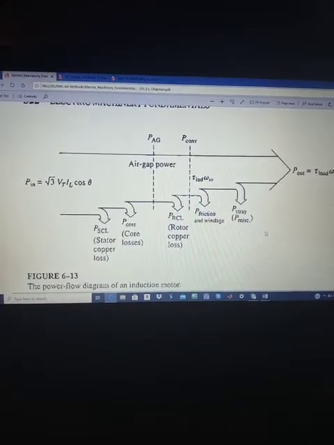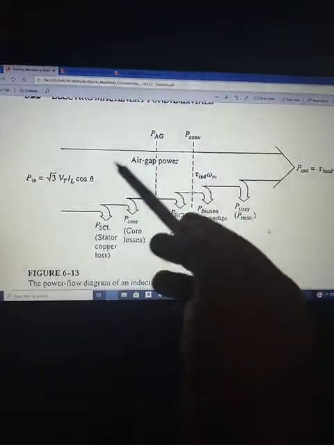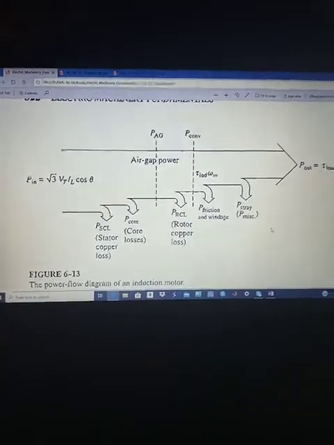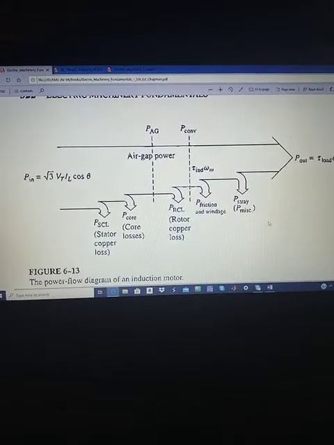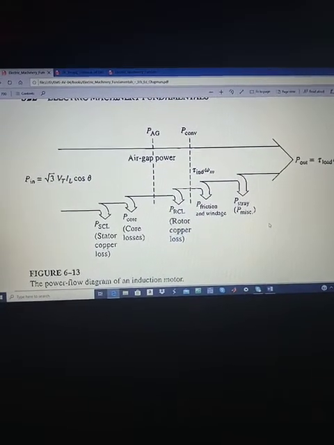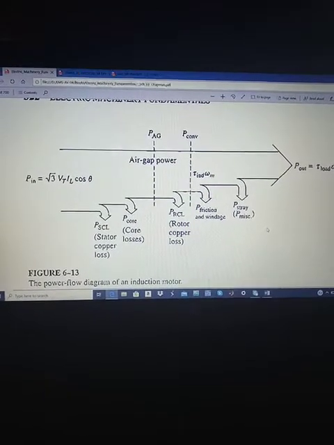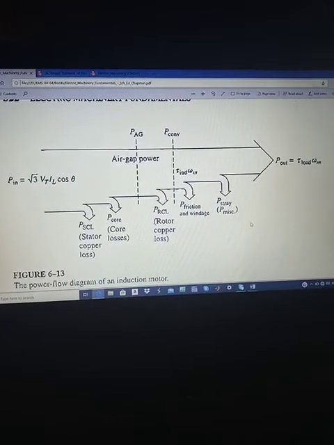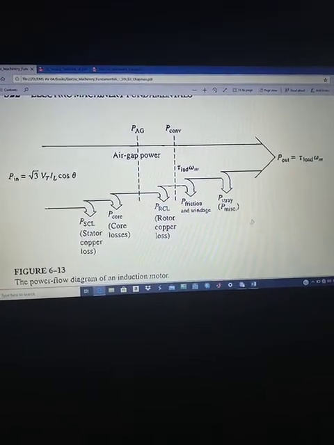All those losses which do not fall in any of these categories are termed stray losses. Normally stray losses are 5 to 10% of the total losses. So this is how the input power is converted into output power, or the electrical power is converted into